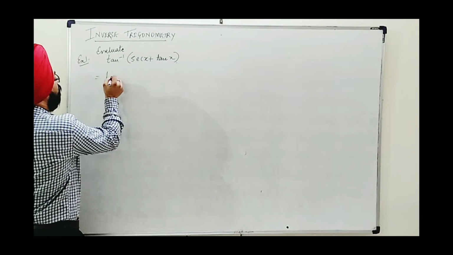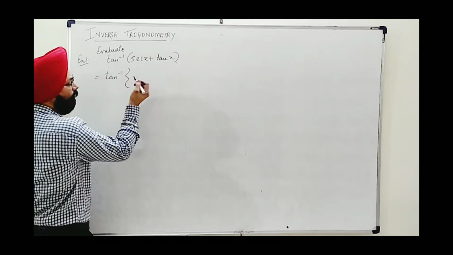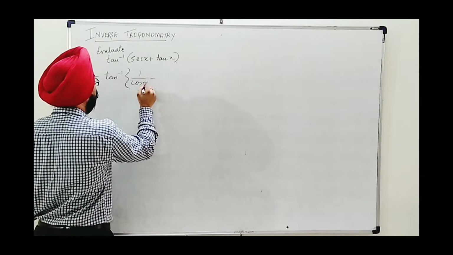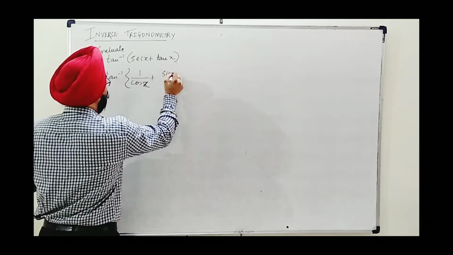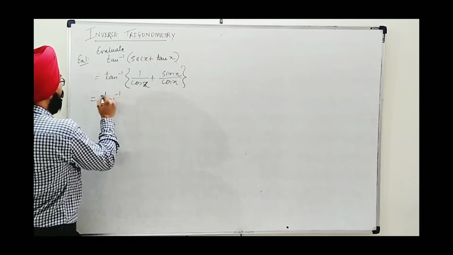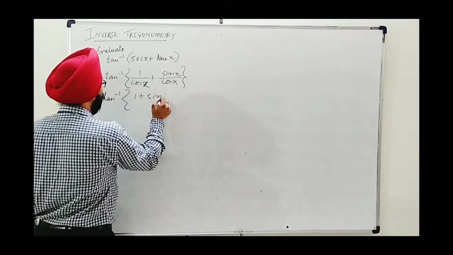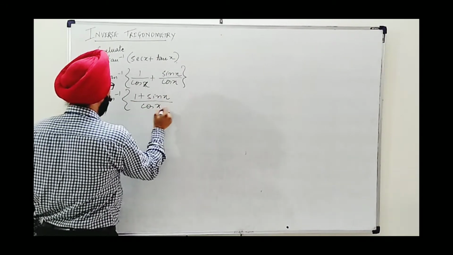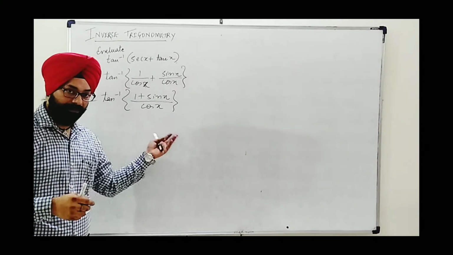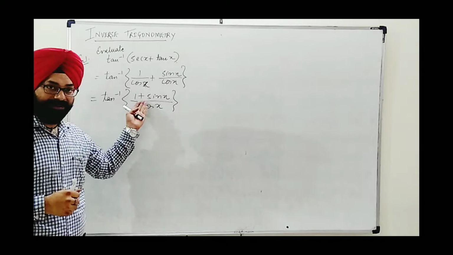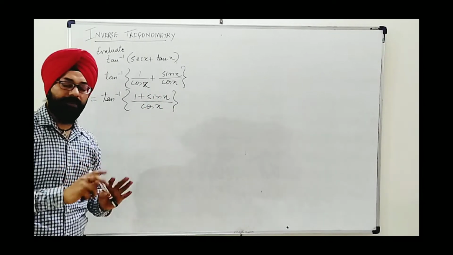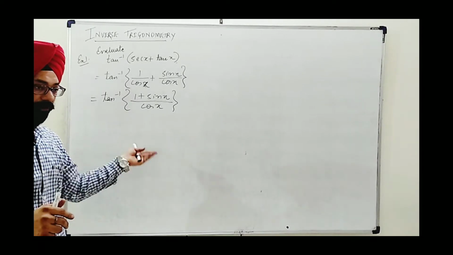How can we do this? Students are friendly with sine and cos, so obviously convert this into cos and sine, writing sec x as 1 upon cos x and tan x as sine upon cos, and we get the sum as tan inverse of 1 plus sine x upon cos x. Now this type of expression we have recently seen in the pattern of identities. Either you can rationalize this by multiplying 1 minus sine x in numerator and denominator, but things will remain as they are. Finally you have to do the same as what I have spoken.